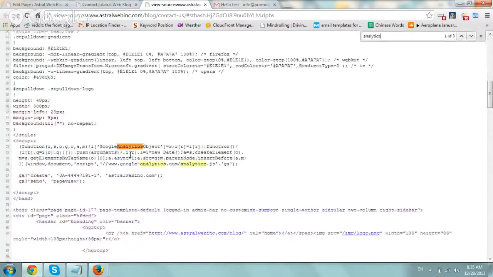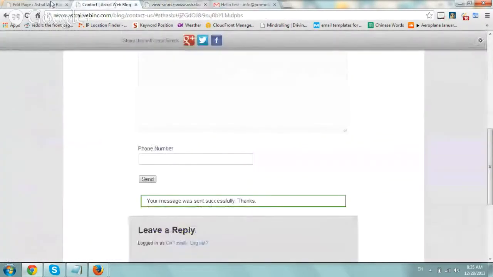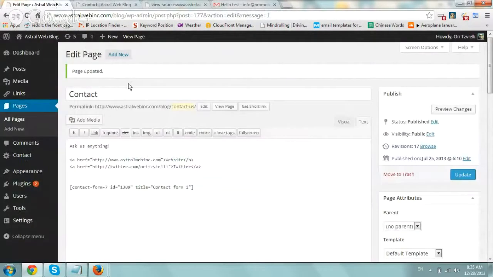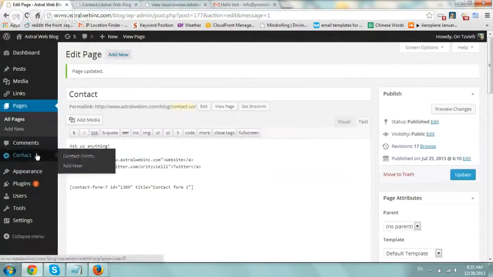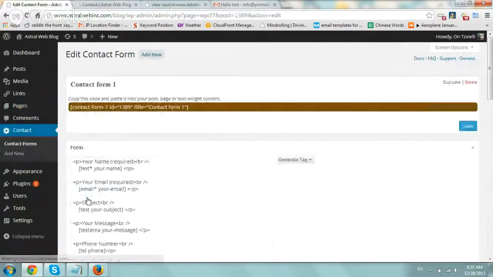So let's go here. You see we have the analytics tracking code right here, right? This is actually universal analytics, the latest one, right? So now if we want to track every time a form gets submitted correctly, and we want to know that as a goal or as event tracking, so we can know who came, which mediums or which visitors came from which area and actually contacted us or did some kind of event, what we would do, we would go back to the contact area, okay, edit the contact form that we created, click on edit, okay, and then